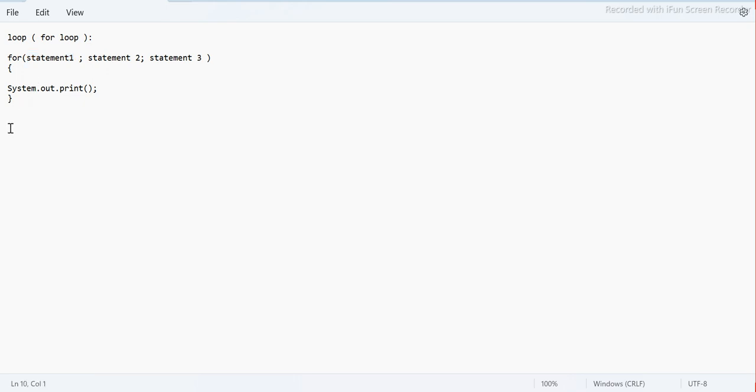Statement 1 is basically called initialization, which means we are starting something, and from what value we are going to start. For example, if you want to print numbers 1 to 10, what is the starting value? Let's say the starting value is 1. This will come under statement 1. And then statement 2 is, guys,